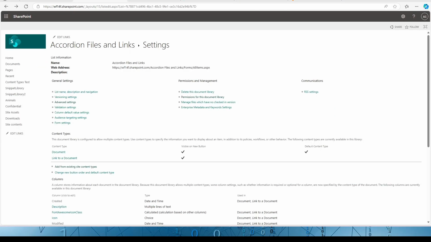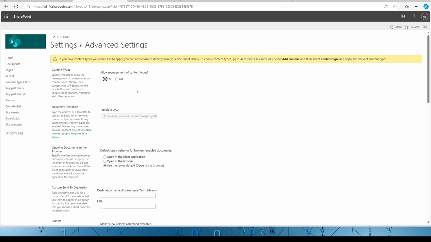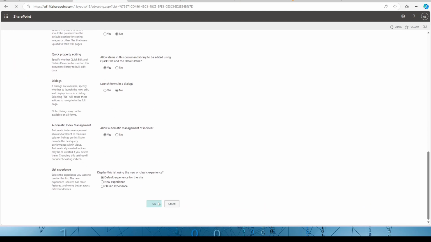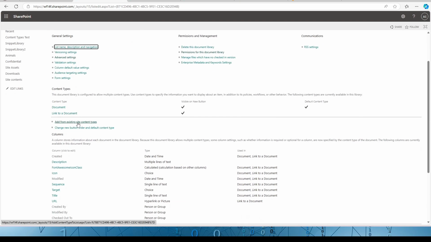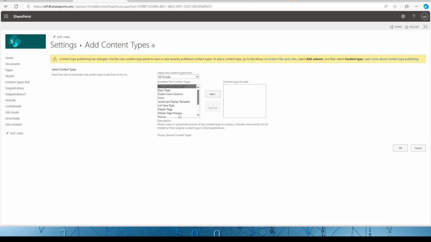Within the document library settings, once we're in the document library, the first thing we need to do is add this link to a document content type. To do that, we first click on Advanced Settings, select Allow Management of Content Types, click on OK, and then we can go to Add from Existing Site Content Types, and the option Link to a document should appear over here. I think I've already added it, so it no longer appears here, but I'm on another document library now, and here it is. So link to a document, click on Add, click on OK,